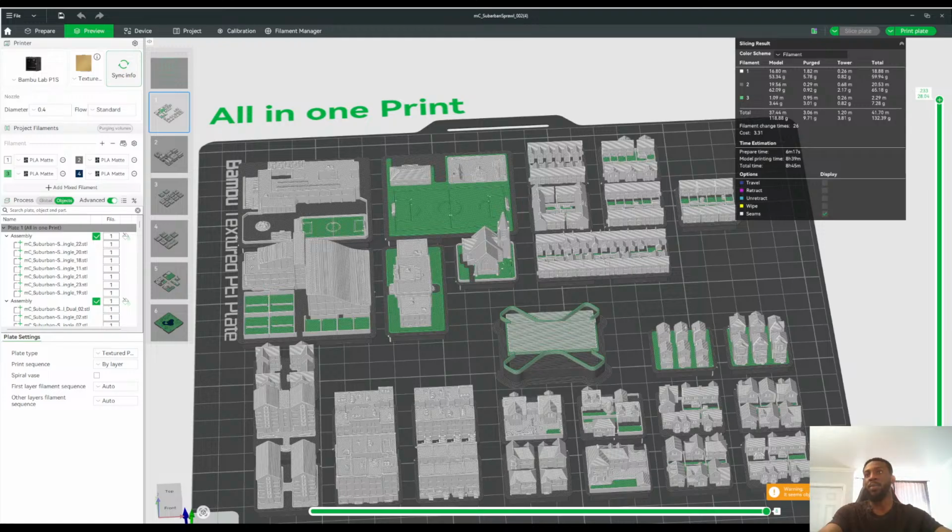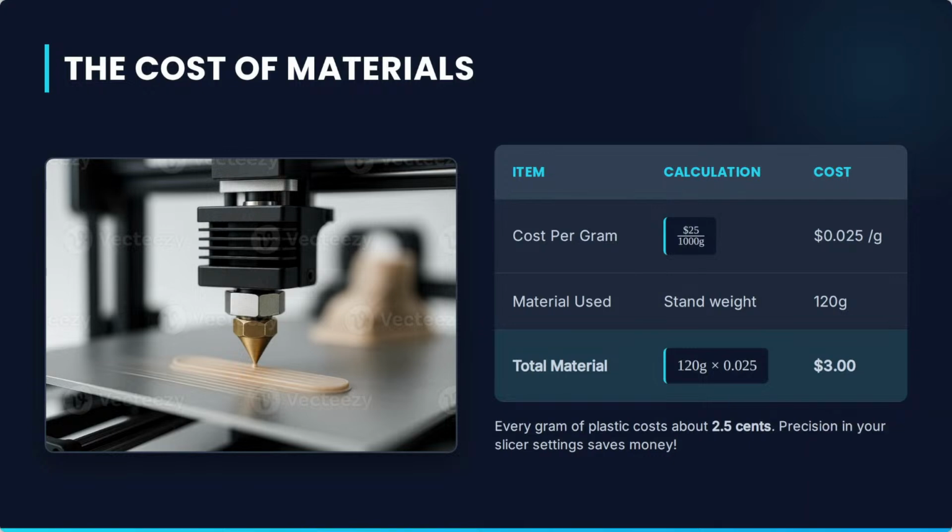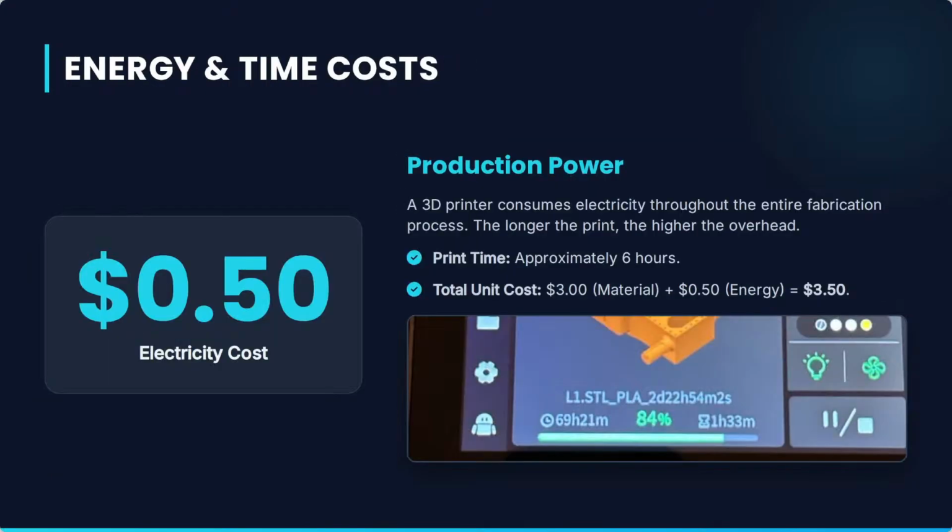So that's what we mean by every gram of plastic. Every gram of plastic costs you 2.5 cents, and you must ensure precision in your slicer so that you can save money. It's very, very important. And then we go into